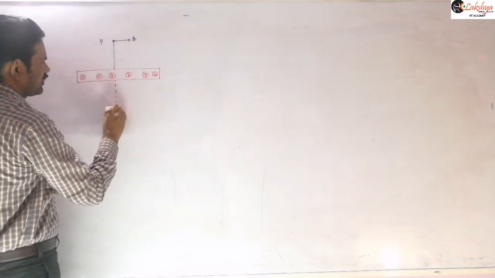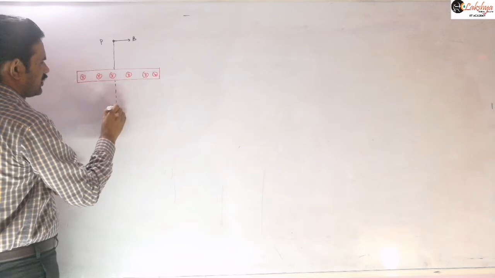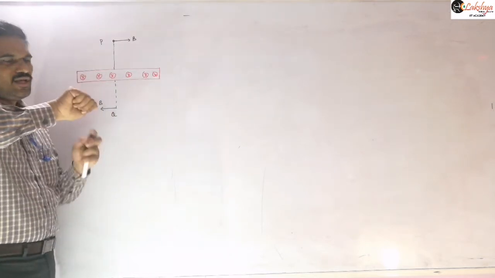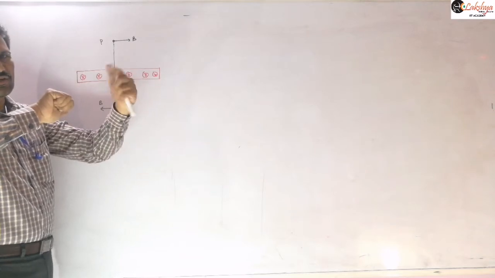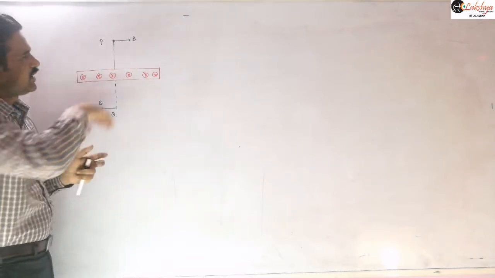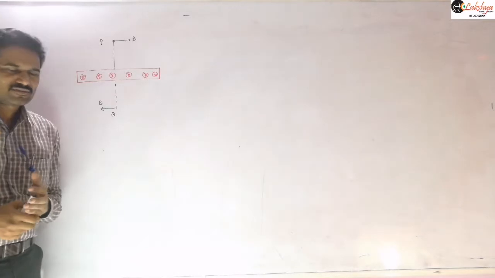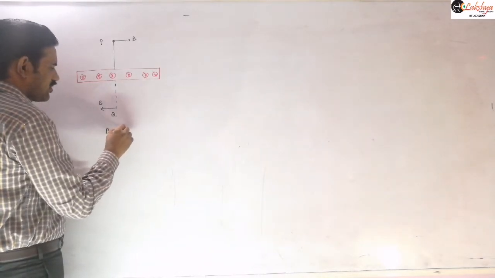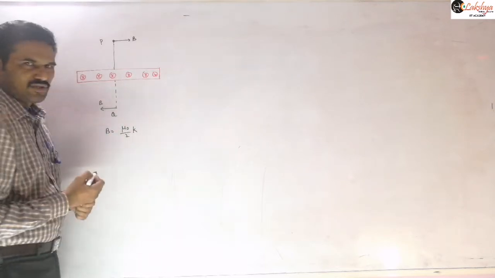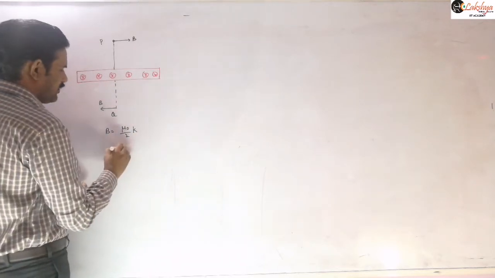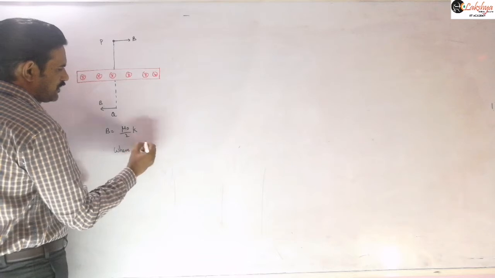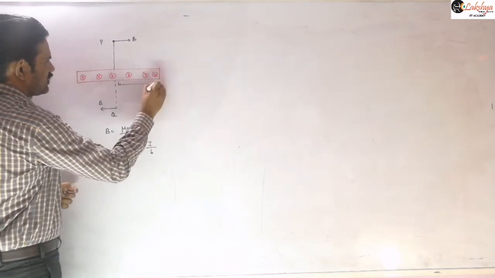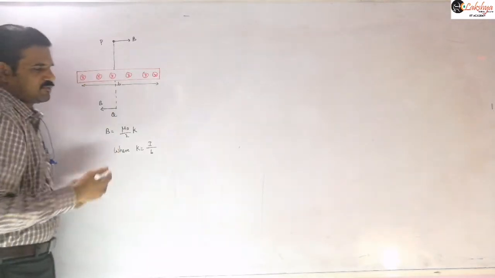Similarly, if you take another point at the bottom, the magnetic field is like this. So you can apply the right hand thumb rule again, and just consider the tangent at the required point, either above the plane or below the plane, and accordingly mention the direction, right? And the magnetic field induction we mention as mu naught by 2 into K, where K is the current per unit width, that means I by b, where b is the width of this plane. This is what we mentioned in the previous class.